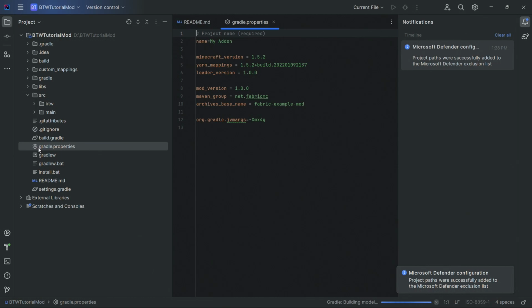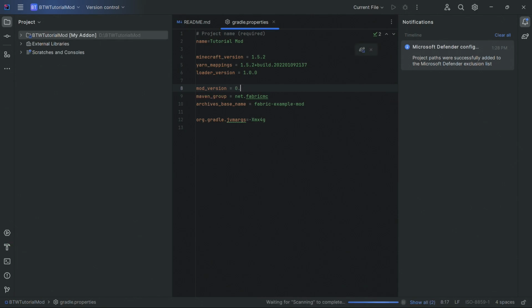So next we want to edit Gradle.properties. So the first thing is you want to put the project name. In this case, I'm going to put tutorial mod. In your case, you'd want to put the actual name of your mod. The mod version. So for instance, if this is the very first version of your mod and it's in very early alpha, you might want to put 0.1.0, or if it's your first release version and you're ready to distribute it to the public, you might want to do